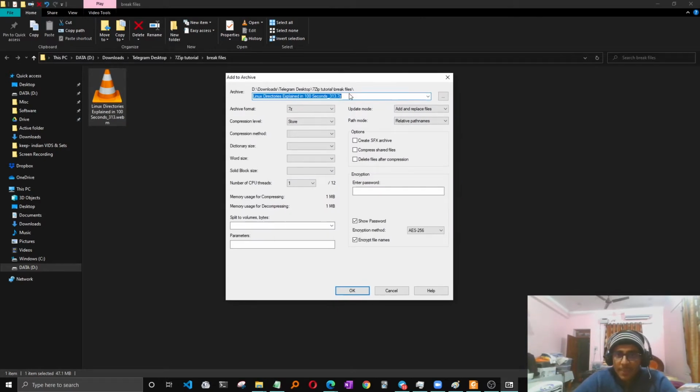Then this pop-up comes up where you have a variety of options for creating the archive, like a zip archive or a 7-zip archive. I'm going to choose 7-zip. It can also be done in zip format, but let's go for 7-zip. As I'm going to be compressing a video, the compression is not really efficient on a video, so I'm just going to go with the store method.